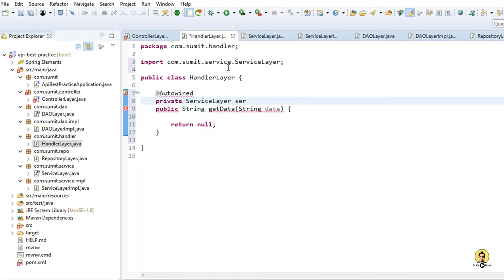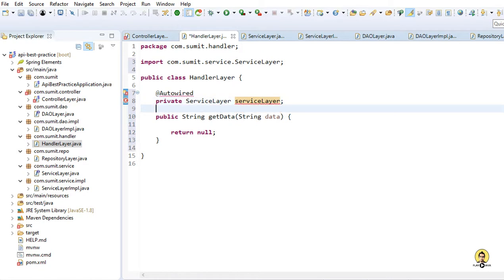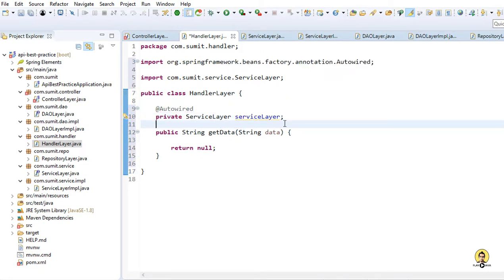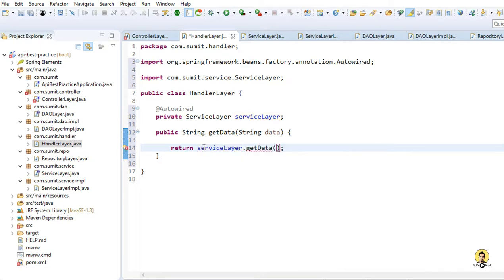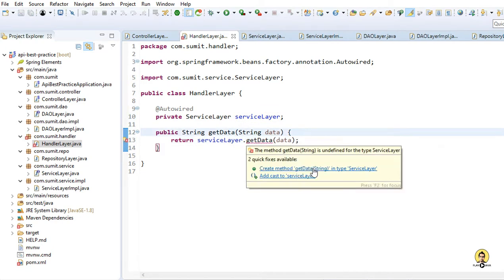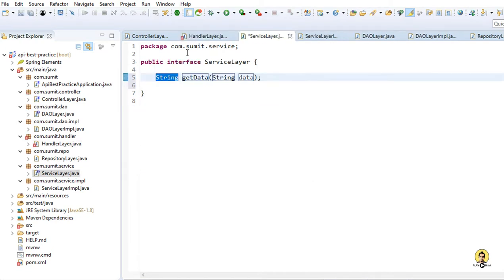This is only for validation, so that the user can understand that for validating data, which layer I will go to. It will directly go to the validation layer, and for service related operations it will go to the service layer directly. So in the service layer I have @Autowired, and I'm going to call a method getData, and I'll pass this data,